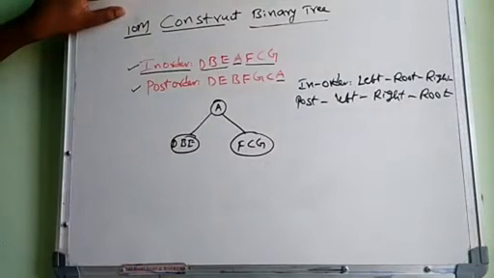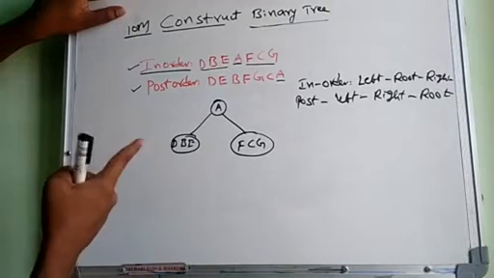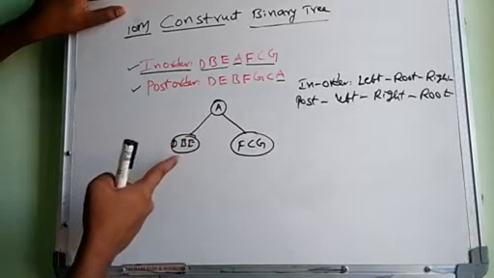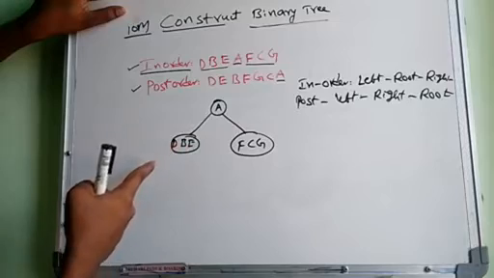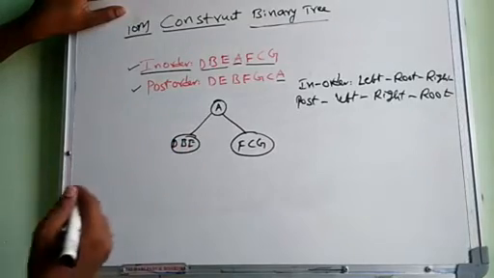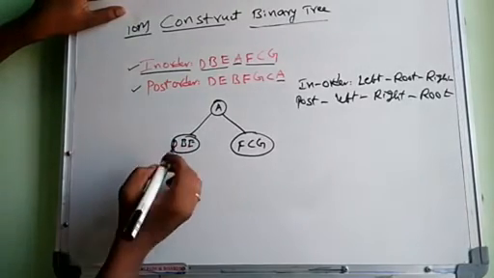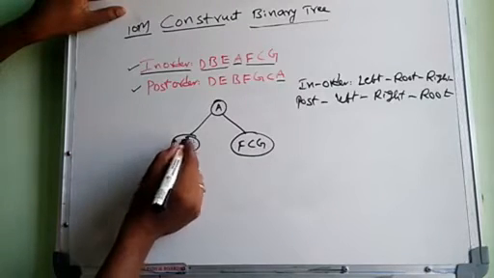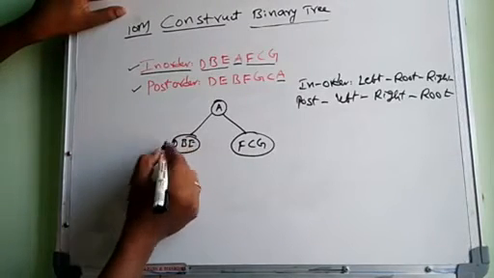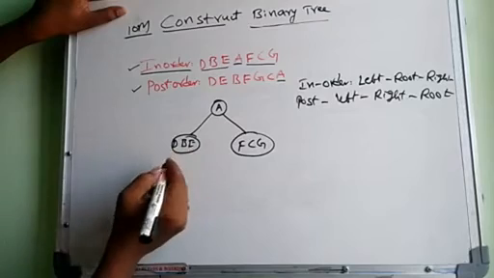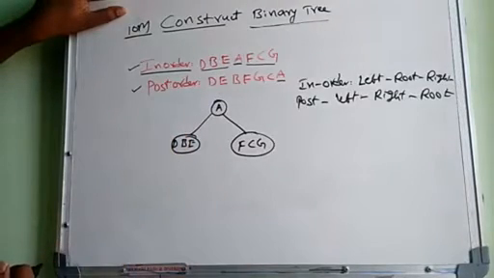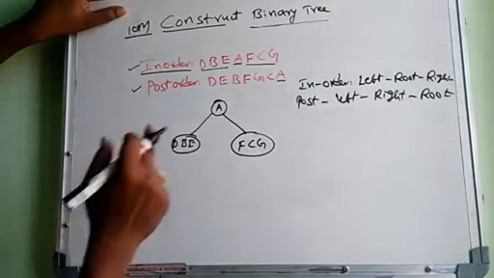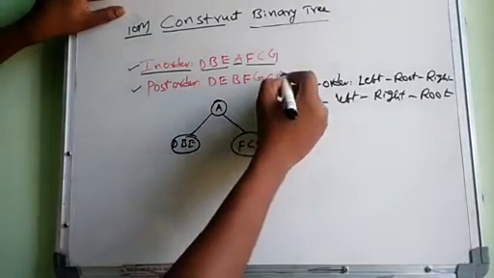Next, go for the second subtree. In the tree there should be no combination of nodes, so you can split it into single nodes. Then who is the parent of this combination? First find the parent. If you want to find the parent, go for post-order. A is already completed.